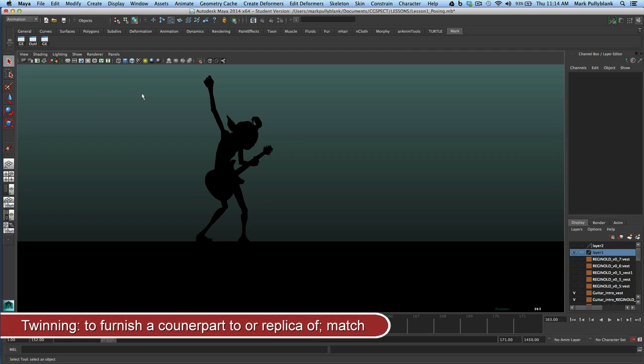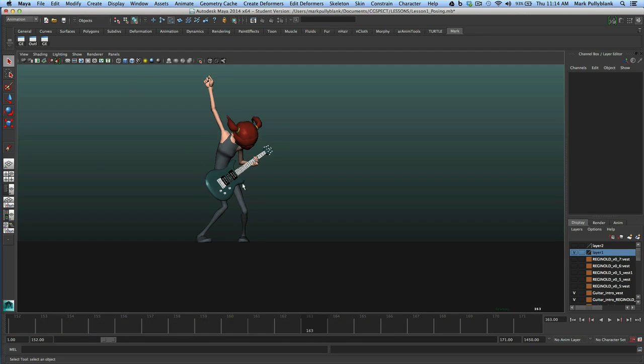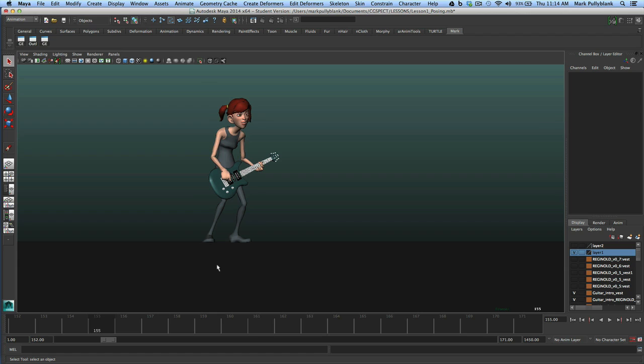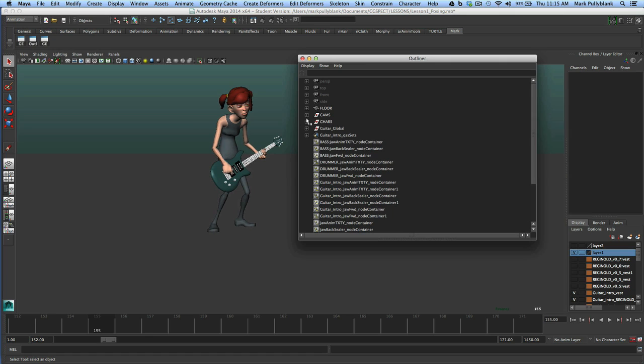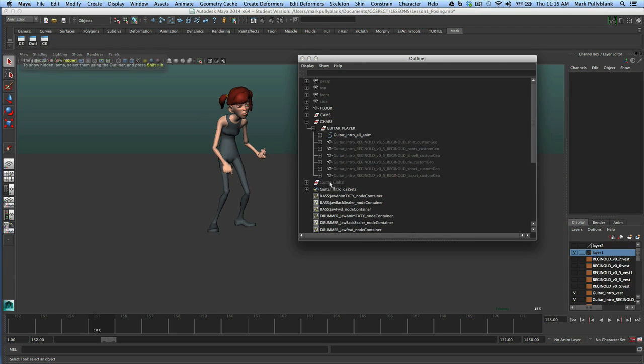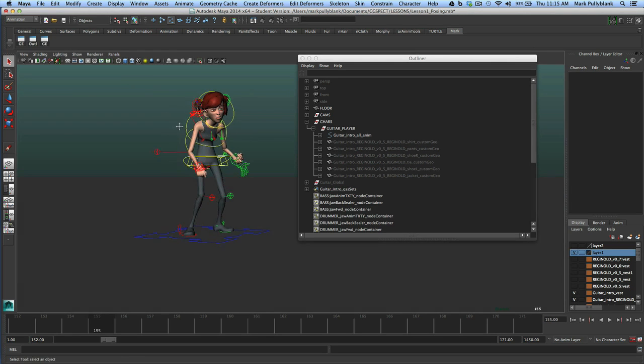Next is twinning. Now, twinning's kind of a funny thing to look for. What twinning really refers to is when you have two parts of the body that are twinning each other. We mostly see it in places where the character is holding two hands out, where the hands look exactly the same, where the body looks the same. We can go in here and, if we hide our guitar and bring up our rig here, we can see that